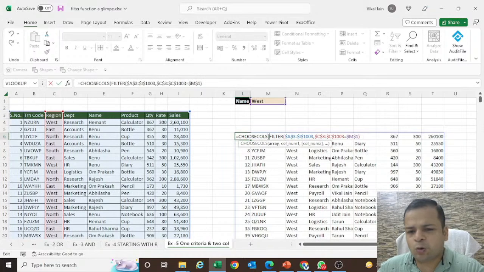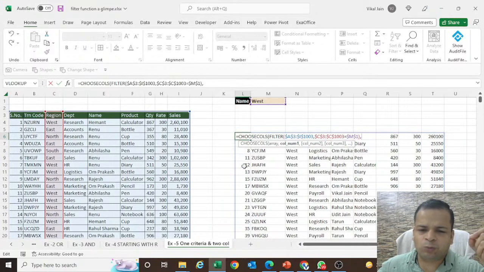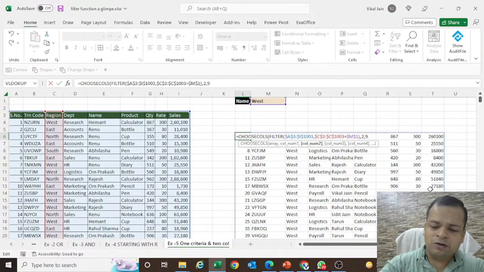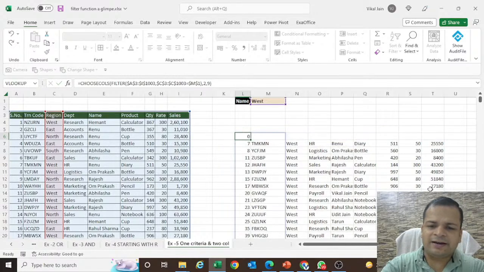And what is your array? This whole thing is your array, comma, column number. Which column number do you want? So let me count it, 1 and 2. I need the second column because it is the transaction code. And 1 2 3 4 5 6 7 8 and 9. The ninth column is the sales volume, so I need column 9 also, 2 and 9. So CHOOSECOLS will extract the limited columns, as many as you want, from the multiple columns. Now just close the parentheses and enter, and you will see